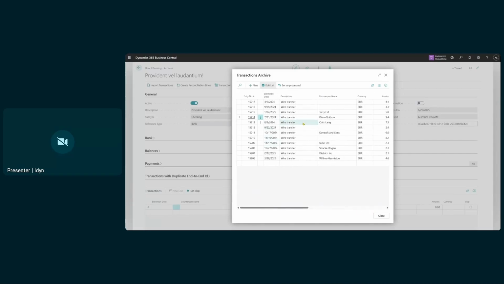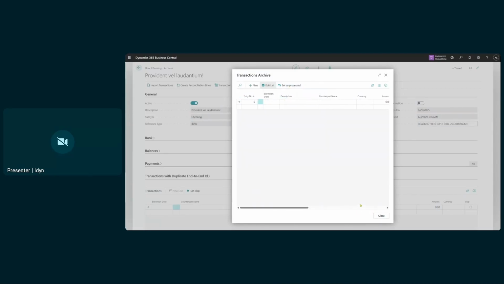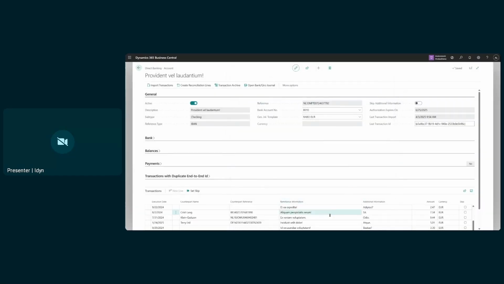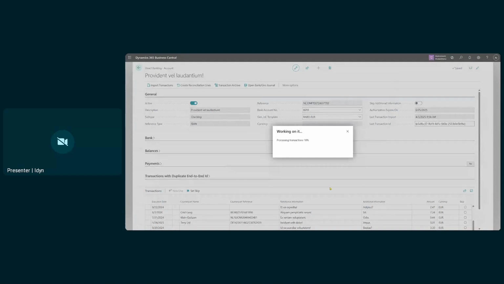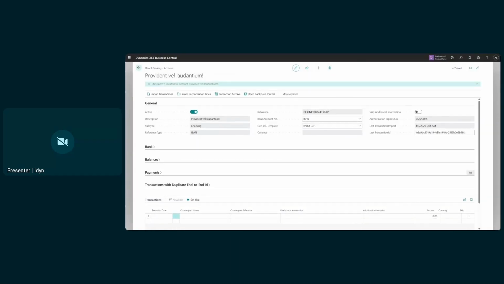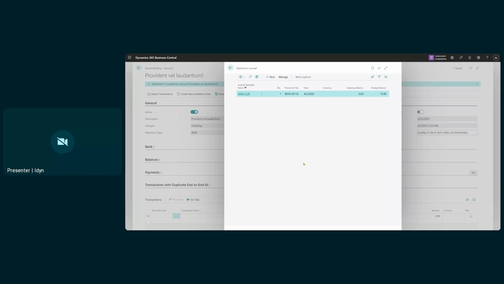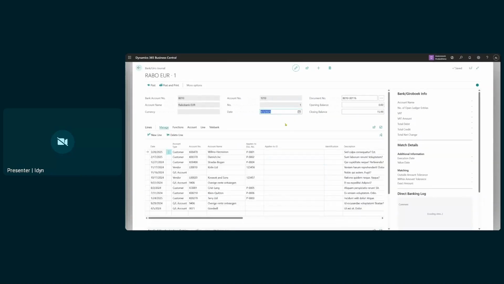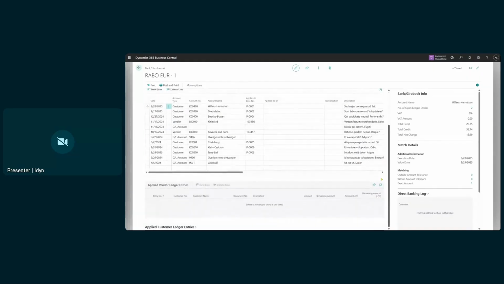Everything is ready to be processed again, and I can do the same processing over here, but instead of the reconciliation journal, we will see a Bank Giro journal,